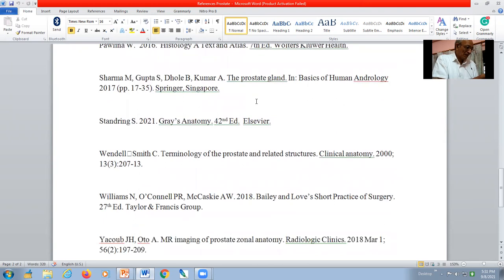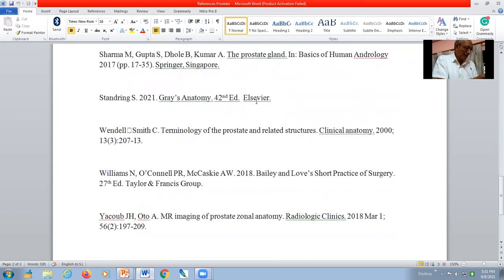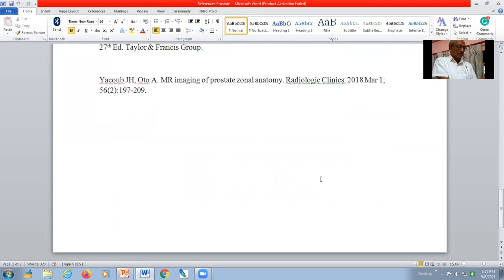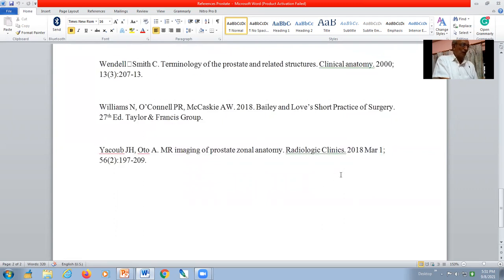and already I have covered everything. And the last reference that I want to point out is by Jakub and Otto, published 2018, which even the Gray's Anatomy has included. MR imaging of the prostate zonal anatomy. And because of the copyright laws, I have not included that excellent diagram. I think that will complete this PowerPoint presentation, and I